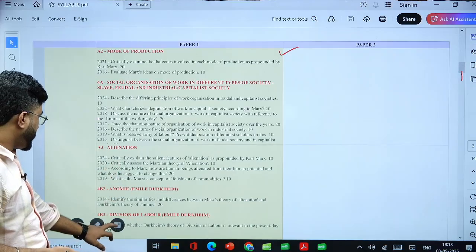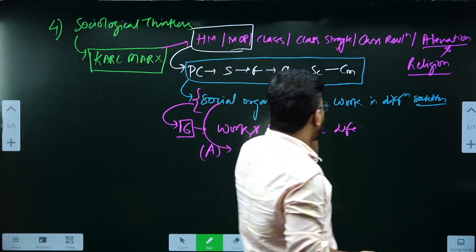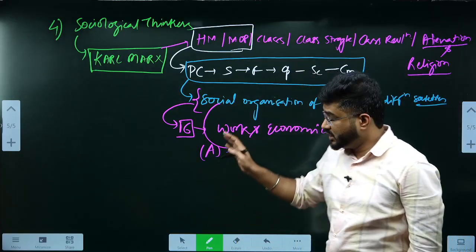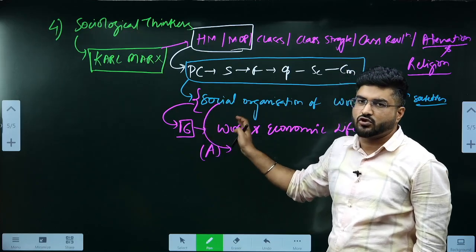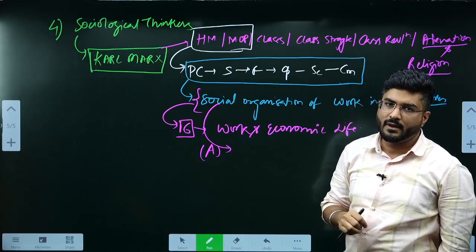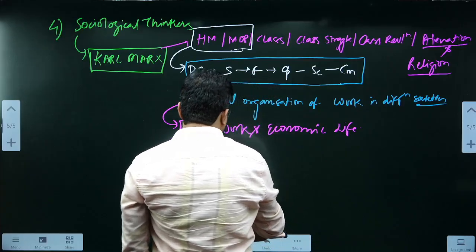I want that whenever you are covering Karl Marx, historical materialism and mode of production, try to integrate this particular part, chapter 6, part A, social organization of work, in the historical materialism and mode of production of Karl Marx. Okay. Then whenever you are covering his